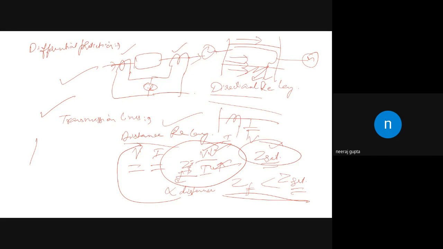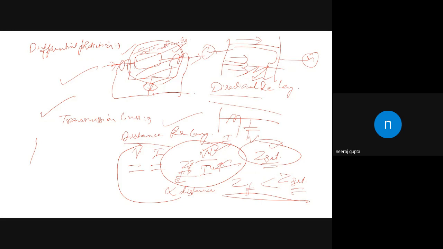Now, one more thing we left, that is internal faults and external faults. Let us suppose that we have a differential relay. Now, faults, as we have already discussed the zones of protection. Let us suppose this is the zone of this differential relay, and zones are created where we have placed the CT. The faults within that zone are known as the internal faults.